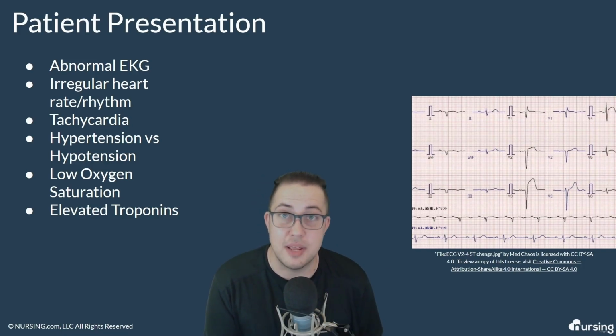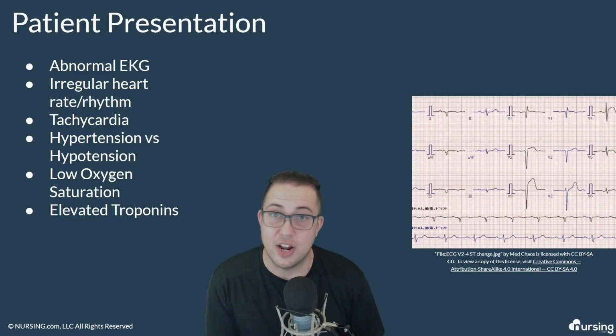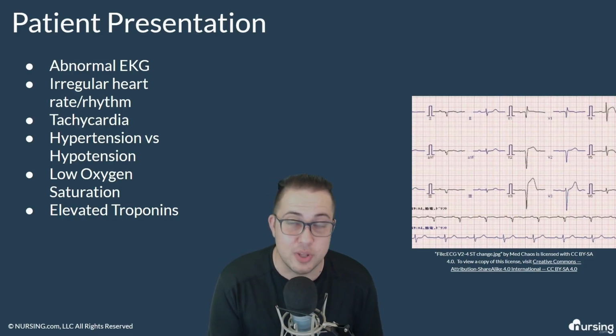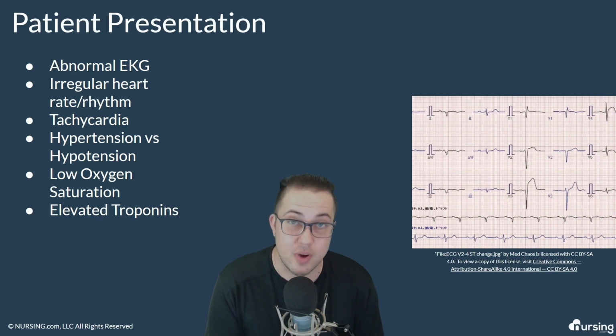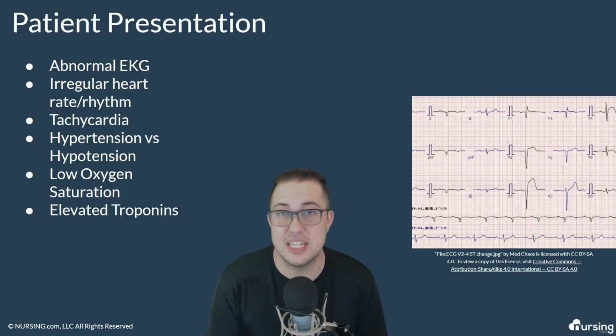As we just described, increased myocardial oxygen demand. Patients are going to be short of breath. They're going to have low O2 sats and are usually going to require some supplemental oxygen. And also one of basically the gold standard for laboratory values are troponins. We will typically trend troponins, which is a cardiac enzyme that gets released into the bloodstream anytime that the heart sustains an insult or an injury.